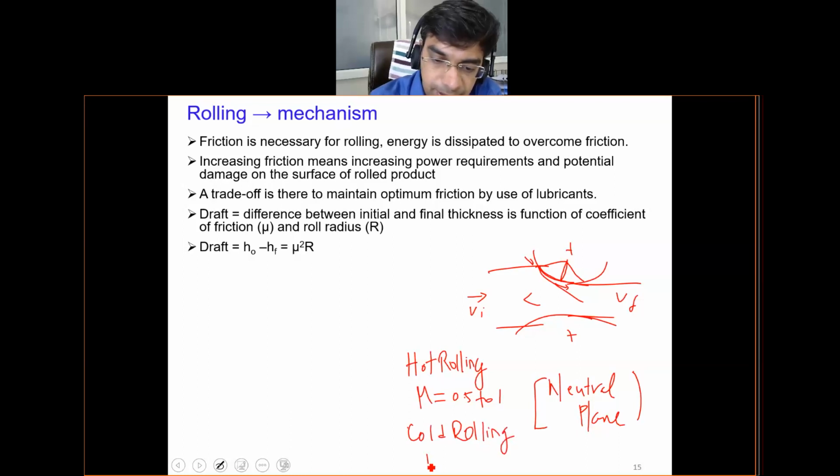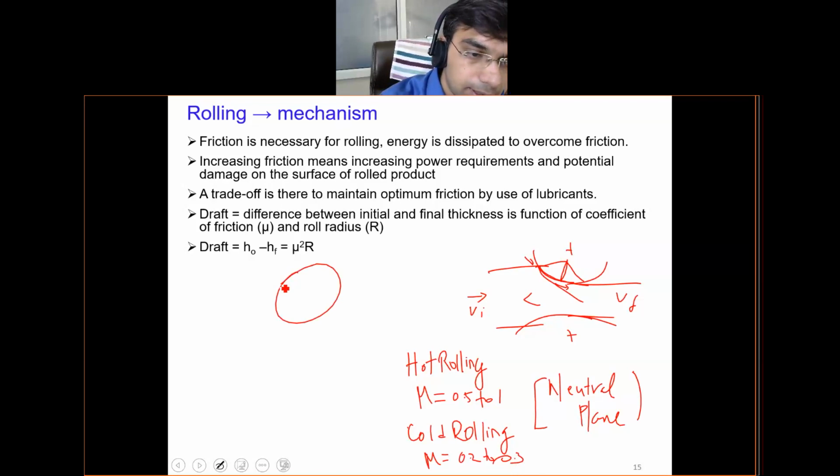There is another parameter which is known as the angle of bite. I will discuss it. In cold rolling, the coefficient of friction is kept at 0.2 to 0.3, but in hot rolling, the coefficient of friction is on the higher side, because in the hot rolling regime the workpiece is at an elevated temperature, which provides a softening effect to the workpiece, thereby increasing the friction between the roll and the surface of the workpiece. Another important parameter in this case is, I will draw this here.